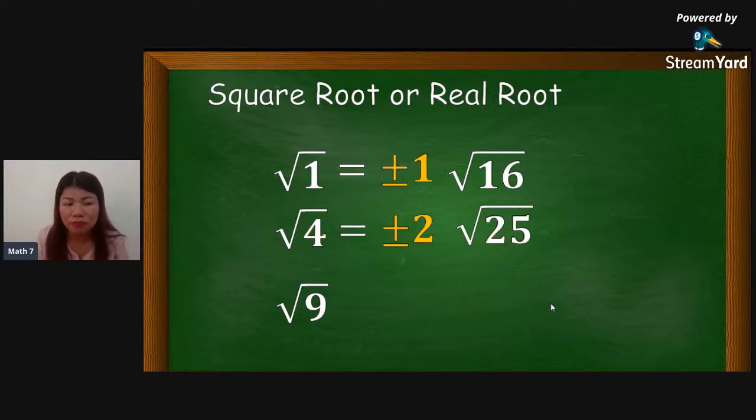Positive 2 times positive 2, we have 4. And negative 2 times negative 2, the answer is 4 pa din. Next is,